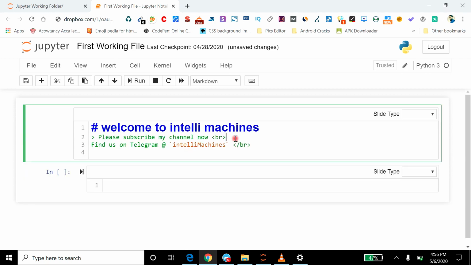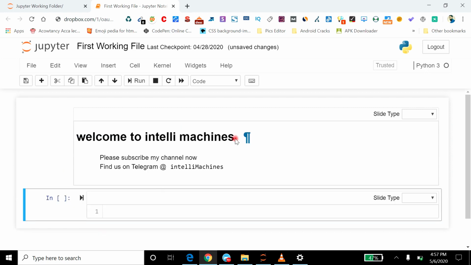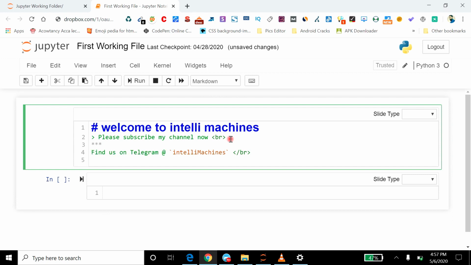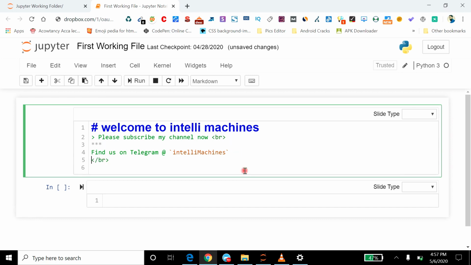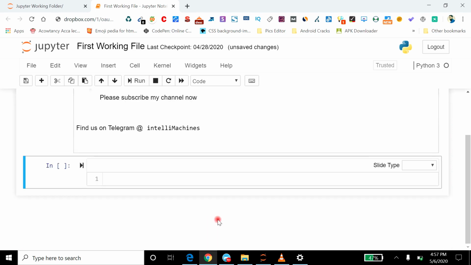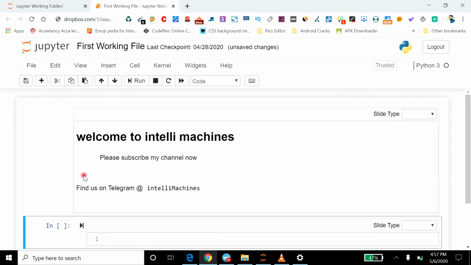To highlight with the other method, all you have to do is insert triple stars above this line and insert triple stars at the end of this line. And here you can see it has just inserted a separator line above and at the end of my text. So it was the second way to highlight this text.